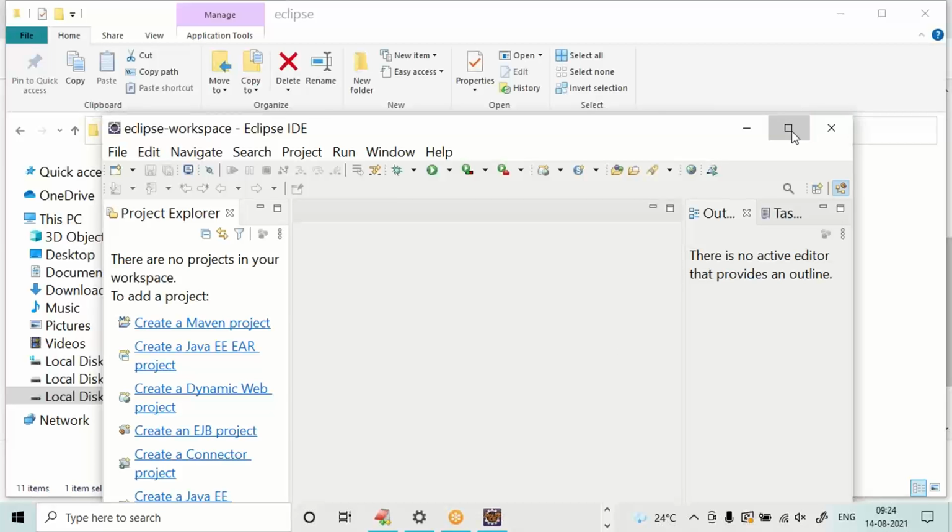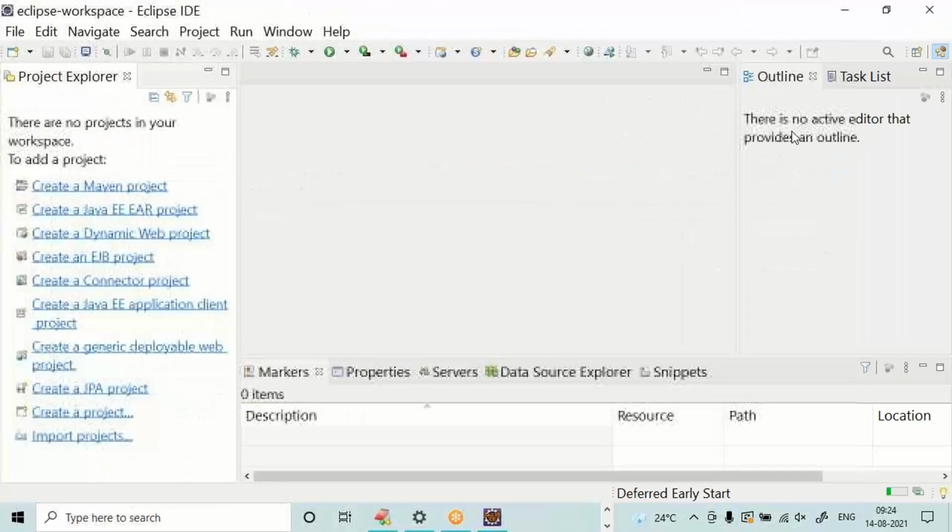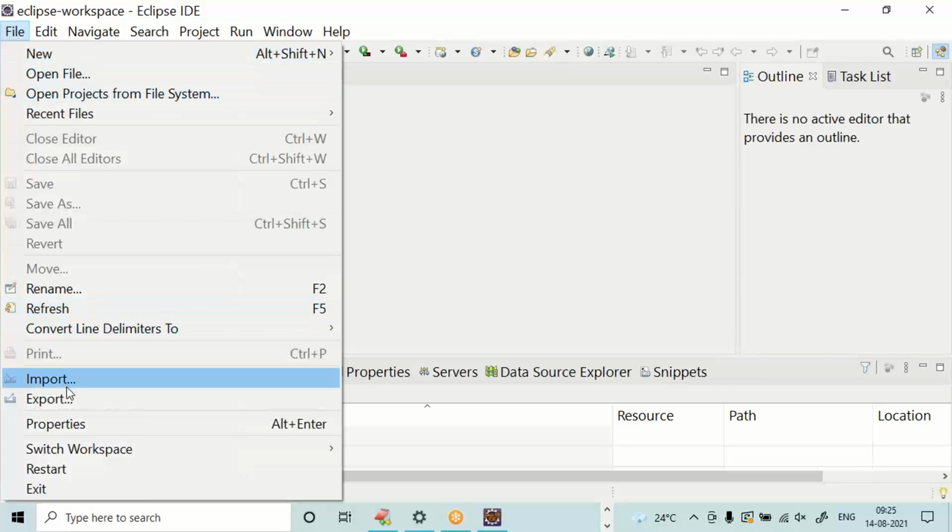Eclipse is launched. Import the demo into Eclipse. File, Import.